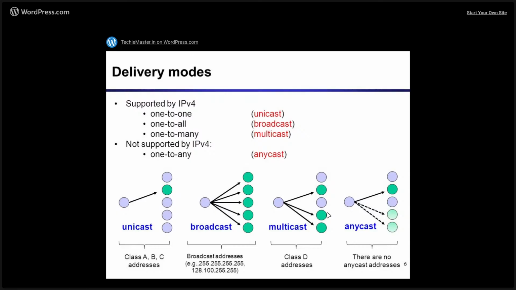Okay, now what is anycast? Anycast is again one to any. This is not supported by the IPv4 addressing system. Why is it not supported? It is just a protocol. The protocol is quite old, and this one-to-any kind of communication you will find on